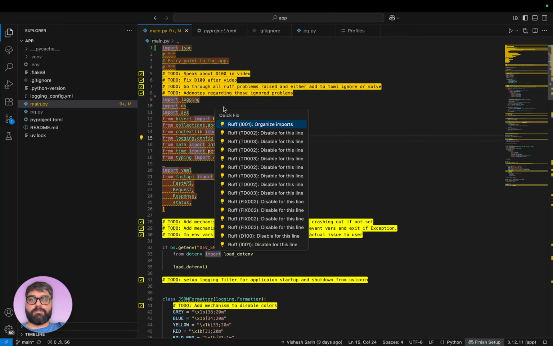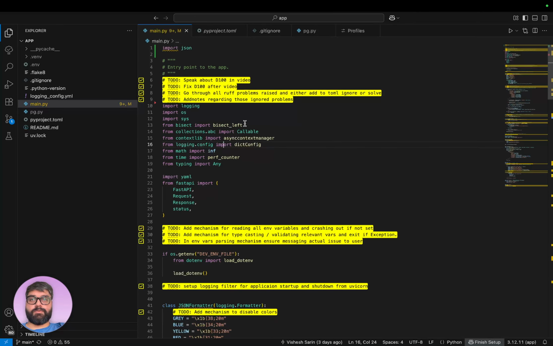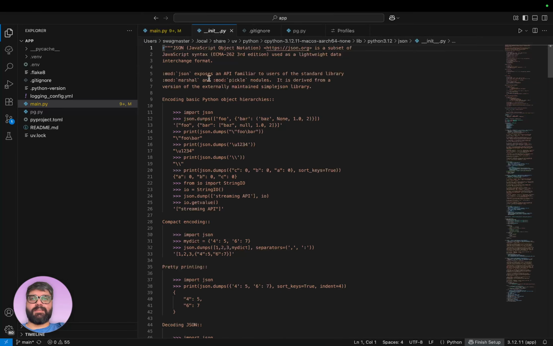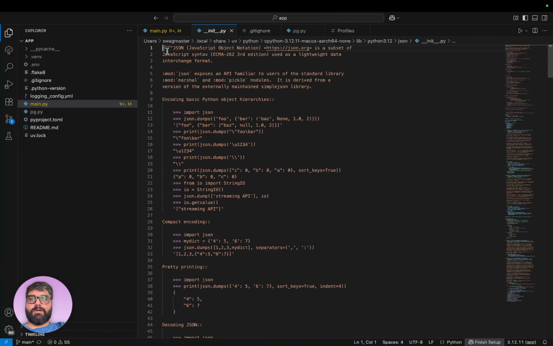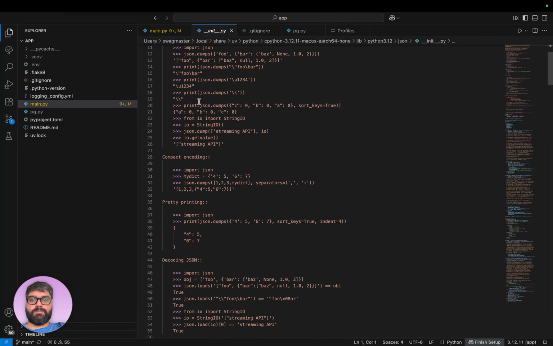Just gonna go ahead and quick fix organize the imports. I'm just gonna do that really quickly. So now you see missing docstring in public module. I'm like, where is there a missing docstring? Why would there be a missing docstring in JSON? And I even went and I'm like, wait, there's a docstring right at the top. I don't know what the R stands for. What is an R string?